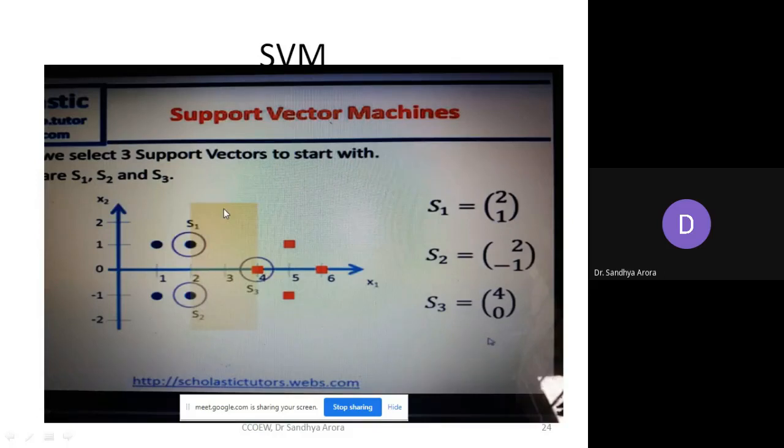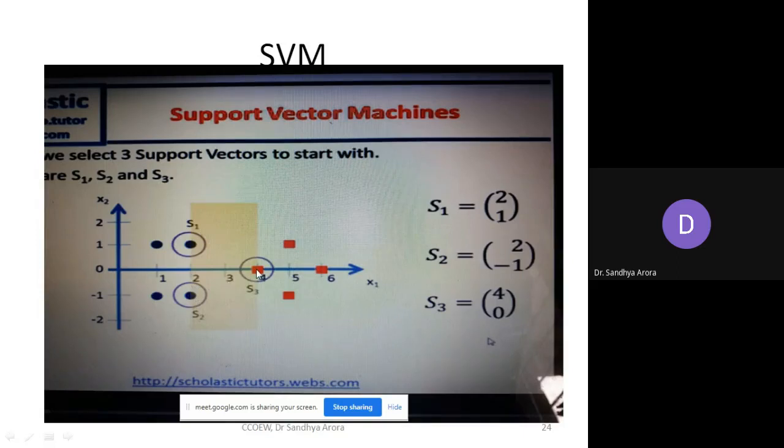We want a plane equation here, or line, which will correctly classify the data and which has maximum margin. So how do you identify the plane equation using maximum margin? You need support vectors to find out the plane equation which has maximum margin. So how is the margin identified? By the points which are closest to each other. These are the points which are closest to each other. You cannot take this as a support vector, you cannot even take this, because these are not the points nearest to each other.